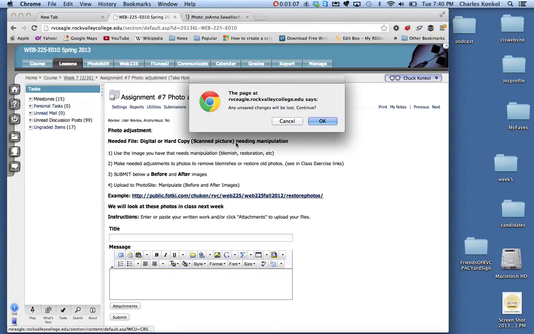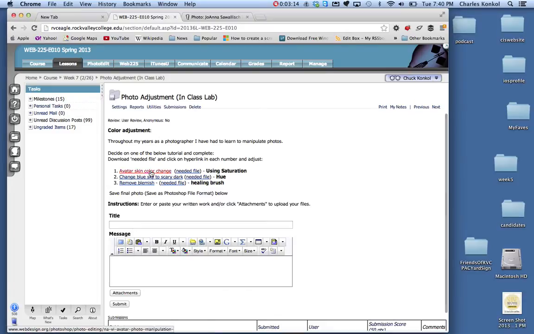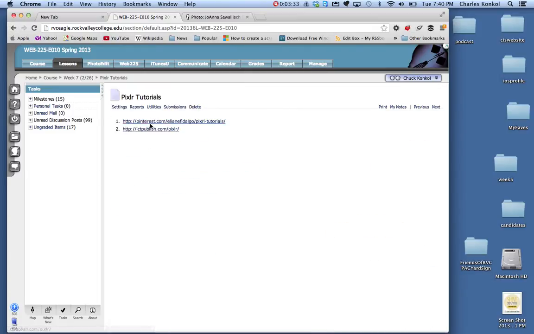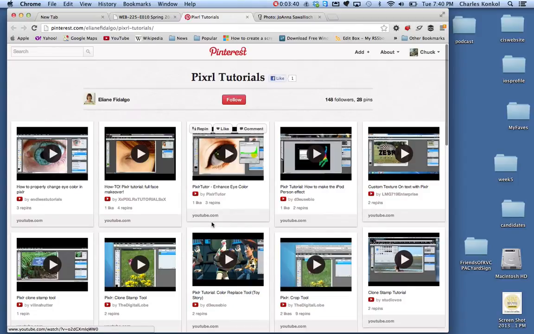And just a reminder, as far as examples go, in week 7, photo adjustment in-class lab, each one of these would give you ideas of how to correct such things as blemishes, changing skin color, and so when you click on each one of these, they give you examples of that. And also Pixlr tutorials. Here are some Pixlr tutorials that are of interest to you, on doing everything you could think of with Pixlr,